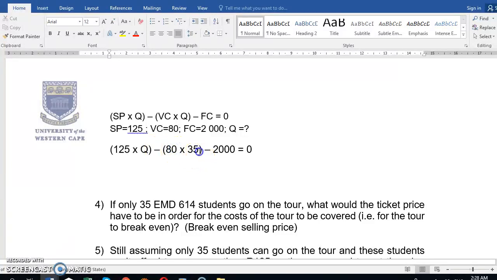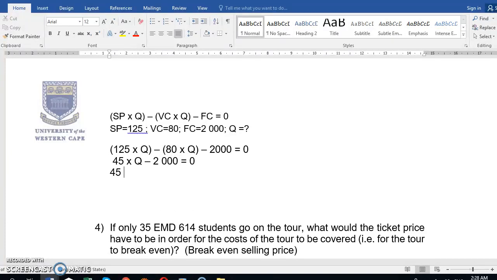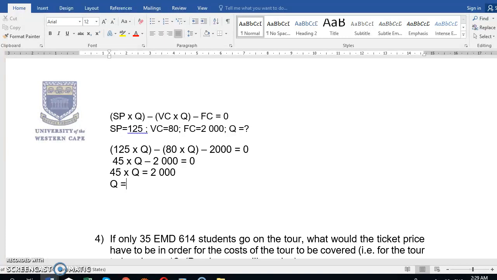The 80 is our variable cost. It's not 35 anymore, it's unknown. Minus our fixed cost of 2000 equals 0. And now you can see it's just a case of solving for X, or in this case solving for Q. 125 minus 80 gives you 45. That's a minus 2000. So you're left with 45 times Q minus 2000 equals 0. Then 45 times Q is equal to 2000, and Q is equal to 2000 divided by 45, and that's going to give you